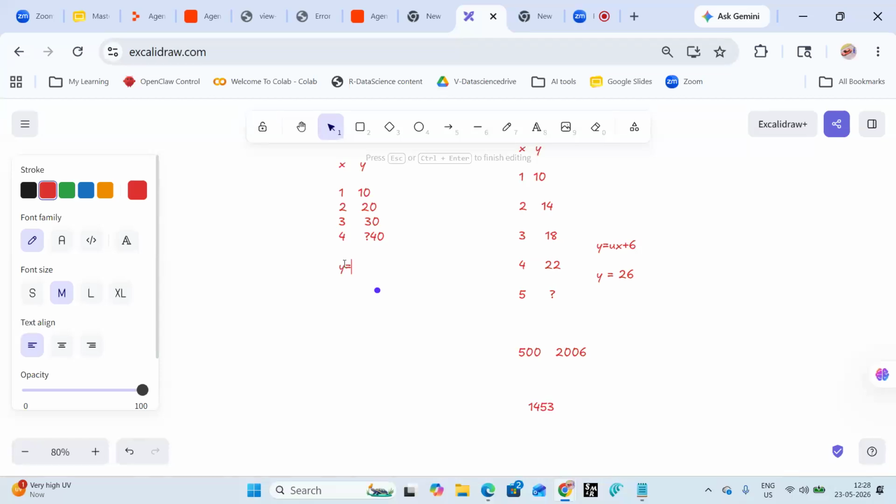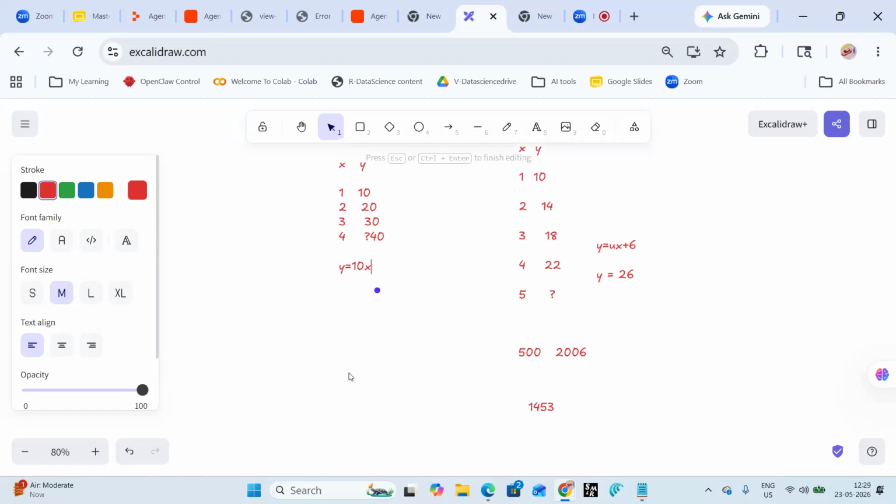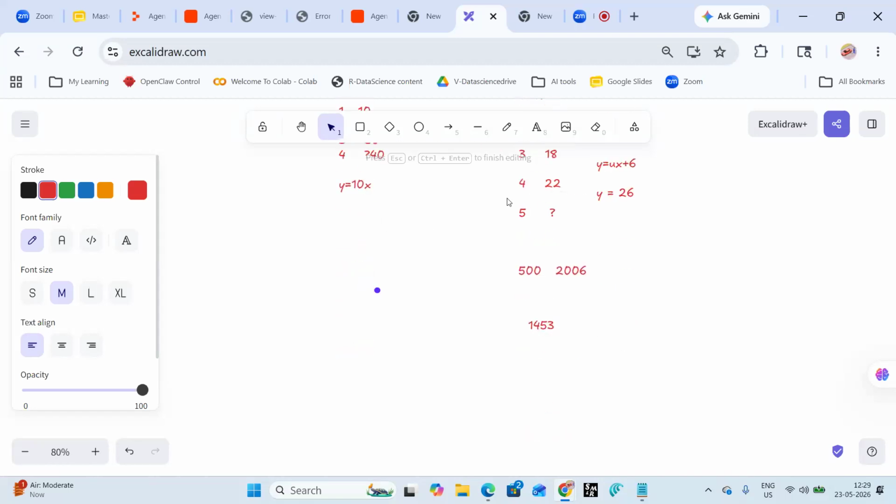That is for this second example. For the first example, y is equal to 10 of x. Whether it is 50 or 500 or 600 doesn't matter, multiply it with 10.